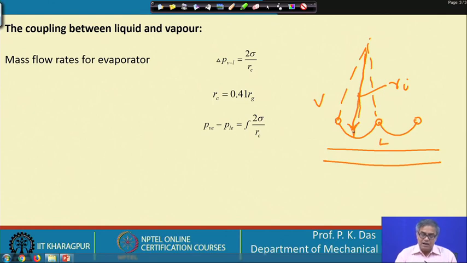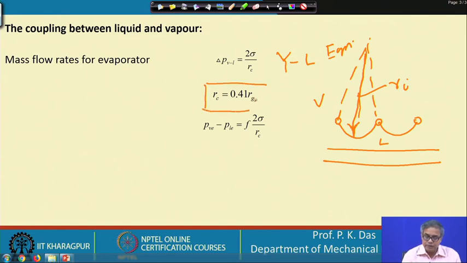The vapor and liquid pressure difference is given by the Young-Laplace equation, and one can derive this equation. So, we get this relationship between vapor pressure and liquid pressure. They are related by the surface tension of the liquid and the radius of curvature. How do you get the radius of curvature? One cannot measure it within a heat pipe when it is under operation. So, there is some sort of a relationship.